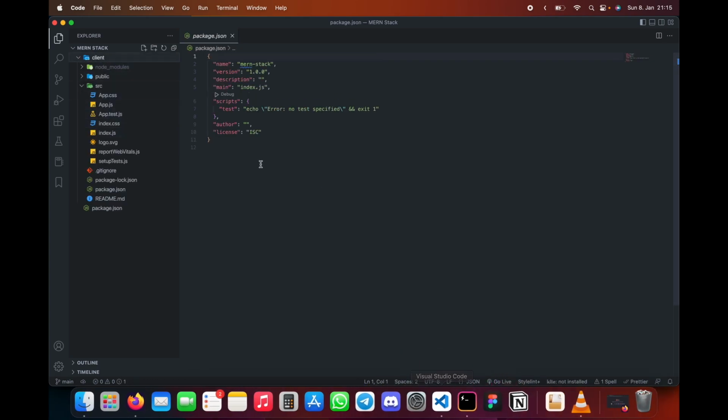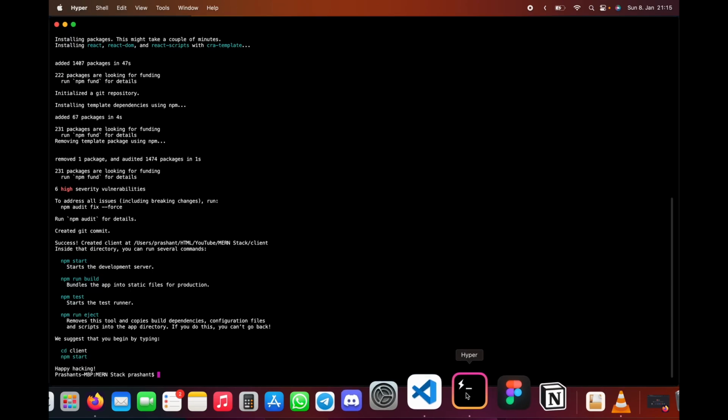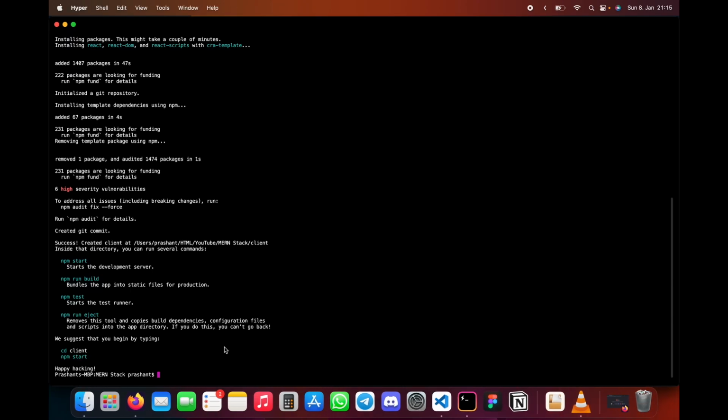Before that, we will also install certain packages. For that, I will first install the packages that we need on our back end, and we can do that easily with npm i. Here is the list of packages that we will need to create our complete full MERN stack application. For that, I'm going to use express, dotenv,